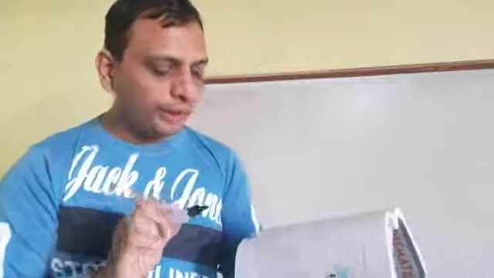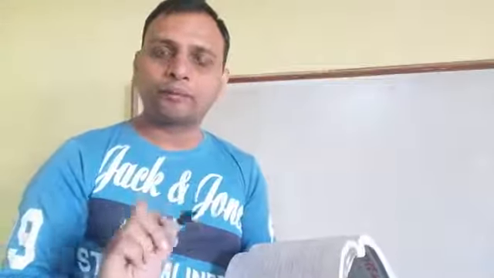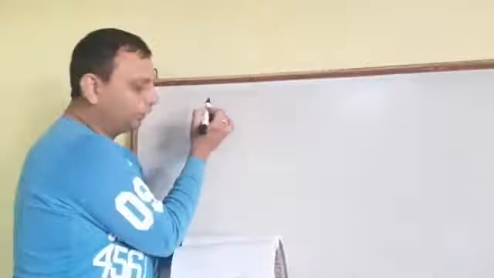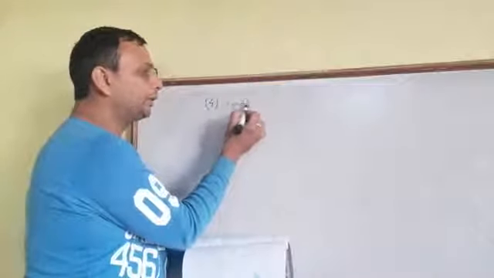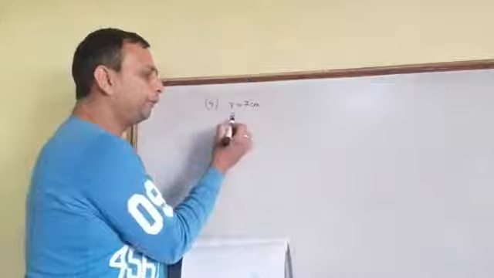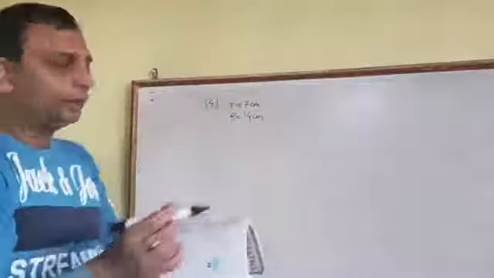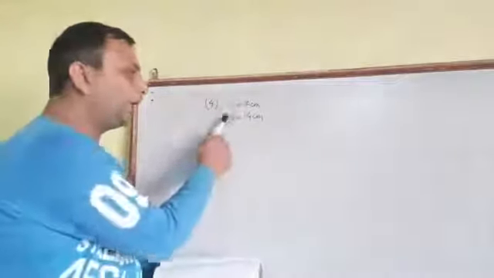Now we have to find the ratio of the surface area of the balloon in two cases. First case is when the radius is 7 centimeter. Second case is when the radius is 14 centimeter. As the two radii are given, I am going to take the small radius as 7 centimeter and the bigger radius as 14 centimeter. Bigger radius is written as capital R, small radius is 7 centimeter. But you can write R1 and R2. That will not make a difference in the answer.